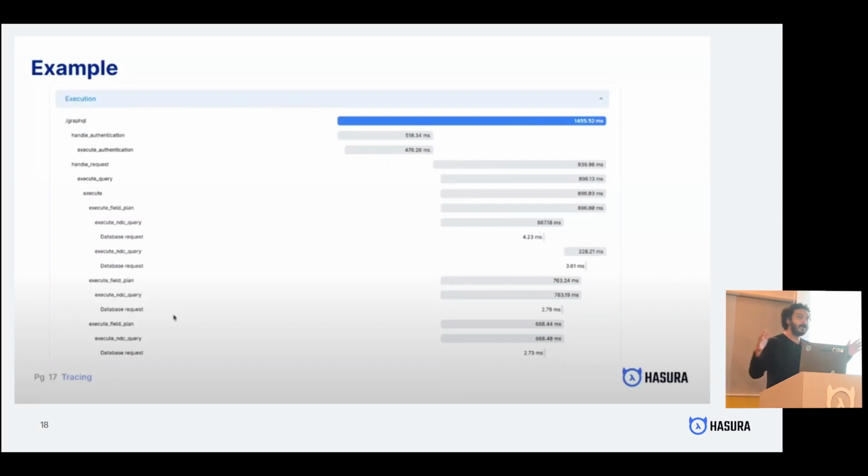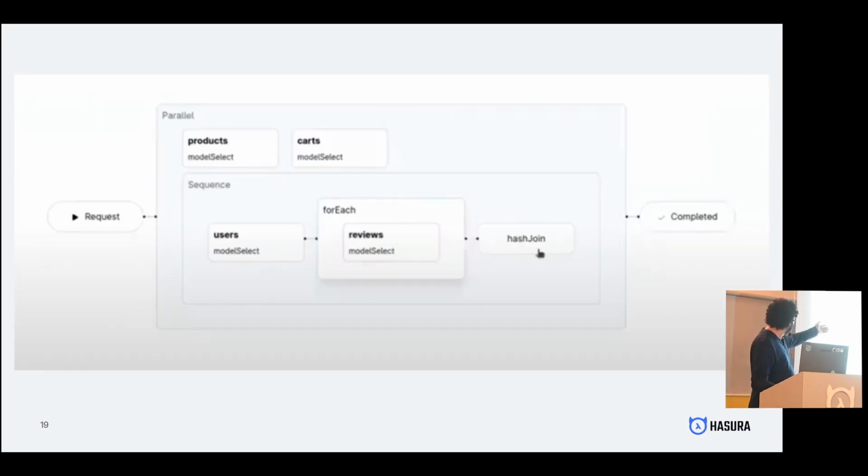Yes. So now that your Supergraph input is just a GraphQL query and your engine is executing it for you, it can figure out the most efficient way to do things. If it's a join in a single database, it will do a database join. If it's a join between different databases, it will do batching. Stuff like that. It will do tracing for you. It will figure out which queries it can execute in parallel and which need to wait on each other. It will do explain query for you. So it's basically a query engine, right? Your GraphQL is getting compiled into some underlying database queries. So it will show you what those compiled queries look like.